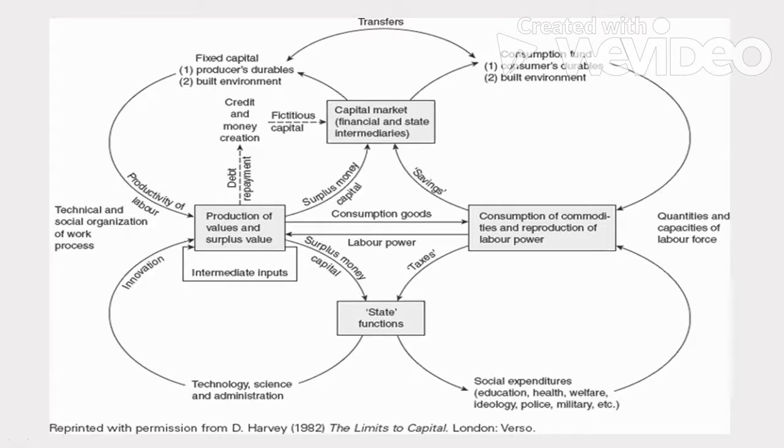That surplus money is again reinvested. So like this the circuit runs. A part of it becomes fixed capital, that is the secondary sector, secondary circuit. A part of it goes to the fixed capital, a part of it goes to the consumption fund, then again a part of it comes back